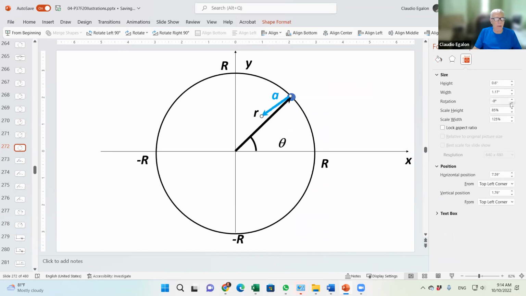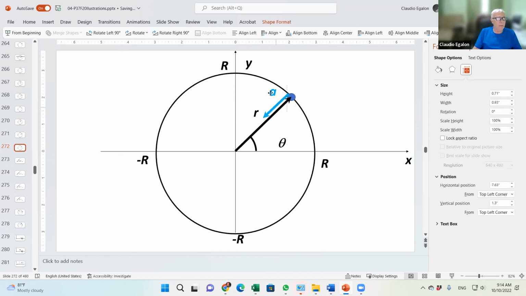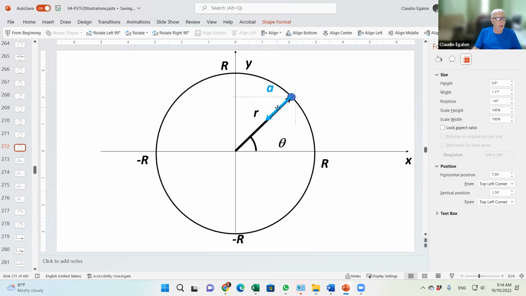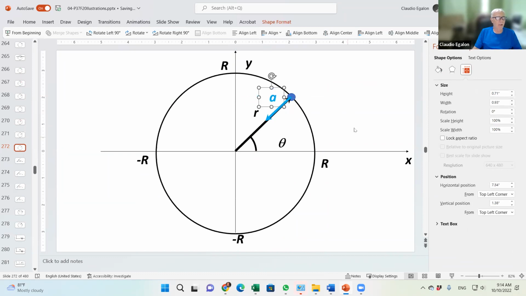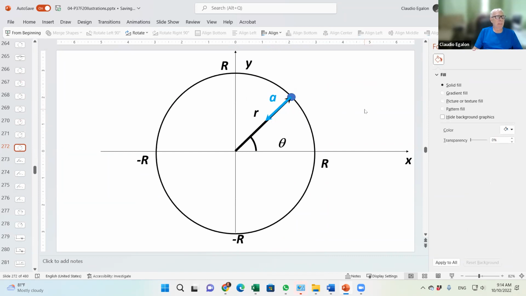In uniform circular motion, this acceleration is always going to be anti-parallel to the position vector. Because it is anti-parallel to the position vector,